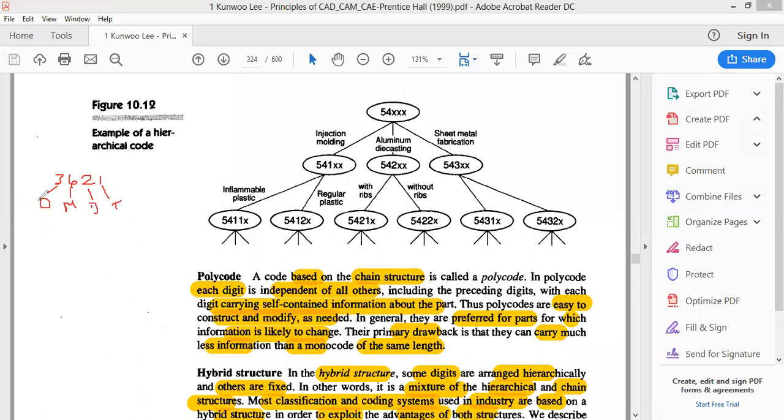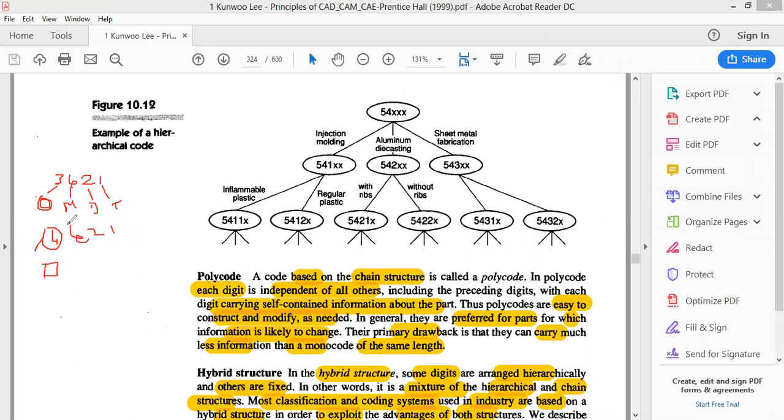For each of these digits, the shape is circular in one case, but we may have, say, 4, 4, 2, 1, where the first 4 will be for a square or a rectangular piece or any other work material.